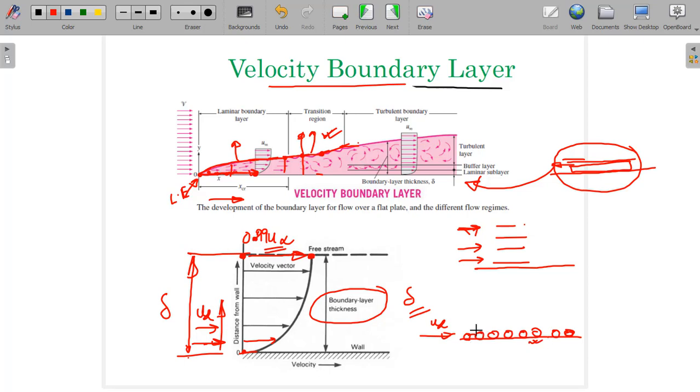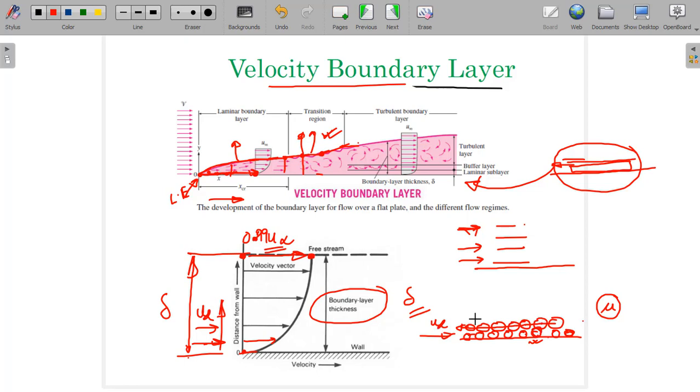Now this effect of momentum disturbance will propagate to the next layer just above it. If this is the second layer, then definitely it will try to drag this layer of fluid. This information is passed on to the next layer, and this is done because of the property viscosity. So viscosity is the property of the fluid because of which the momentum disturbance of one layer is propagated to the other layers.